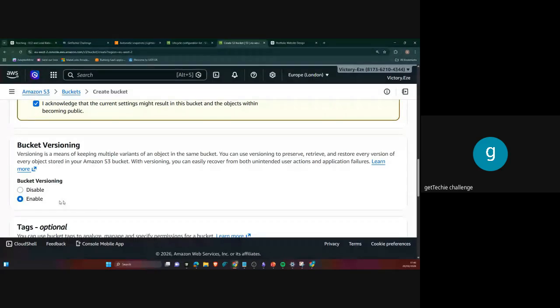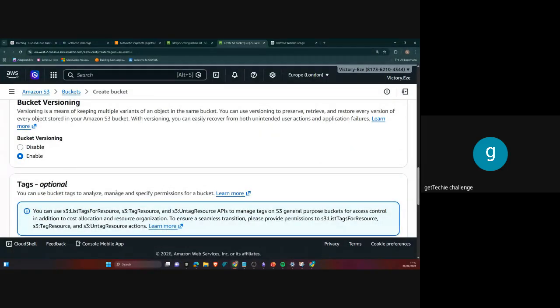The reason is that anytime I update the website and put a new version, it keeps the other version. If the new version is yellow and green, and I discover that I prefer blue and black, I should be able to revert back to the previous version I had before.